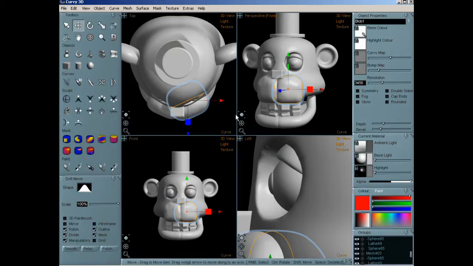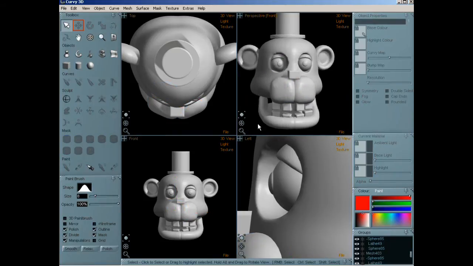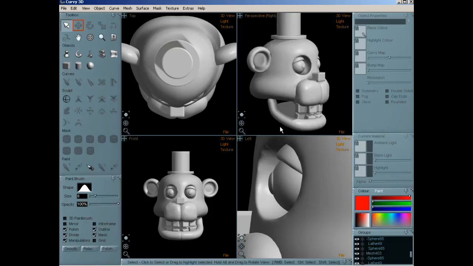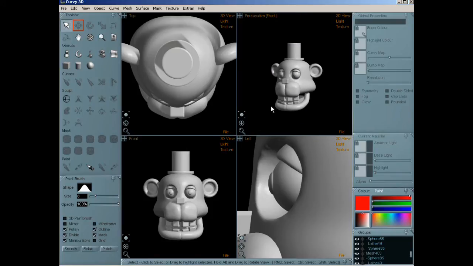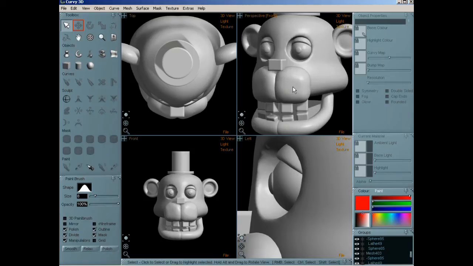Just notice that this could be a bit smoother. And that's getting there. Obviously the proportions are off, and if you wanted to fix your proportions, then it'd be